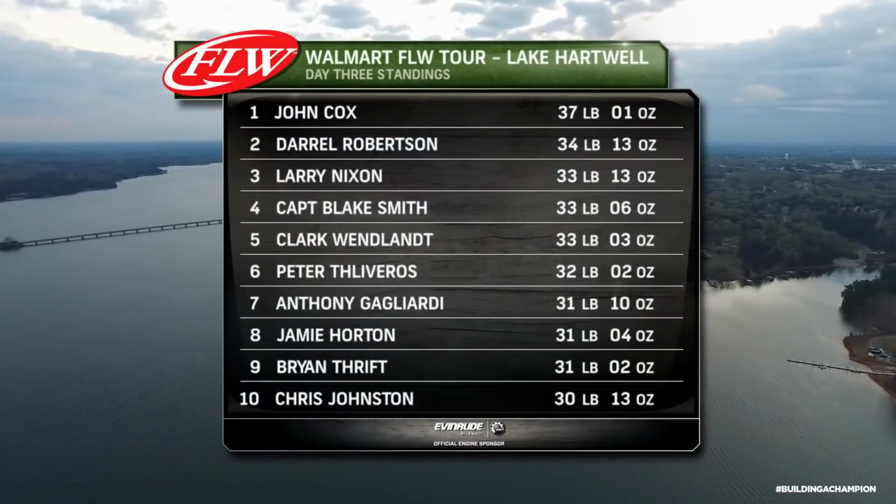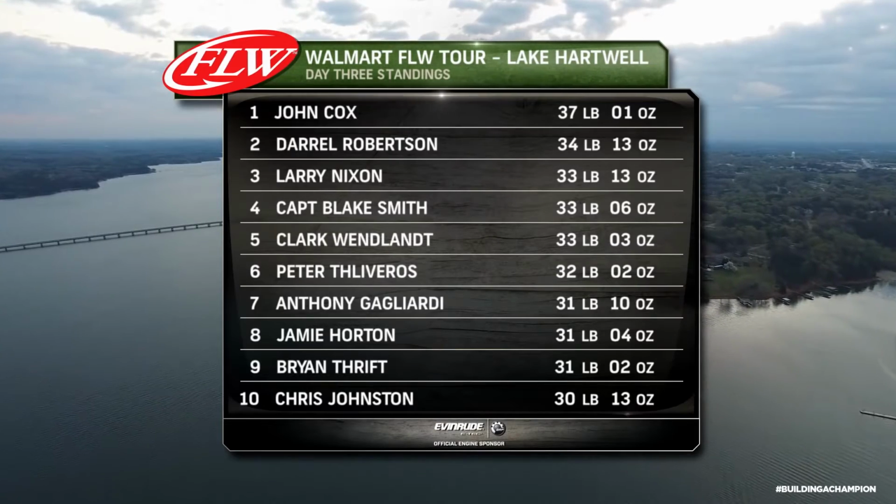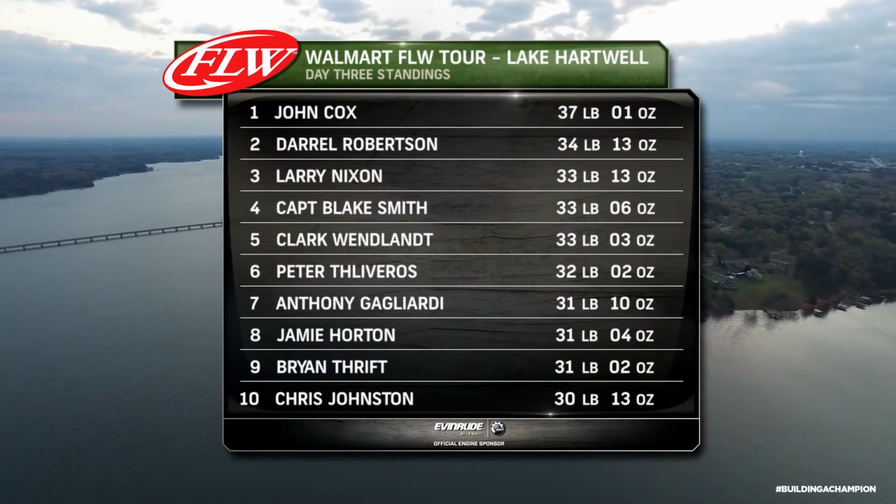John sits on top of the leaderboard as the weekend cut begins, and he finds himself leading some veteran sticks like Daryl Robertson and Clark Wendlandt. It was crazy too, because it was so cold leading up to it. Everybody was like, "Oh, it's not going to warm up enough to be any spawning fish." And as the week went on, we kept seeing we're getting ready to get record highs,